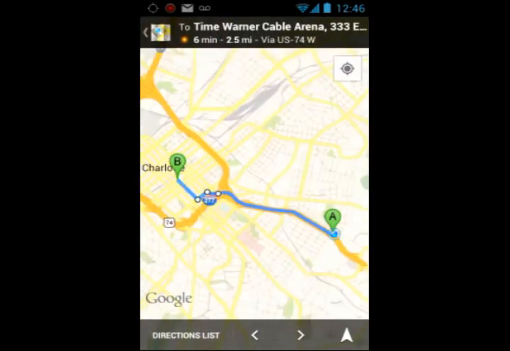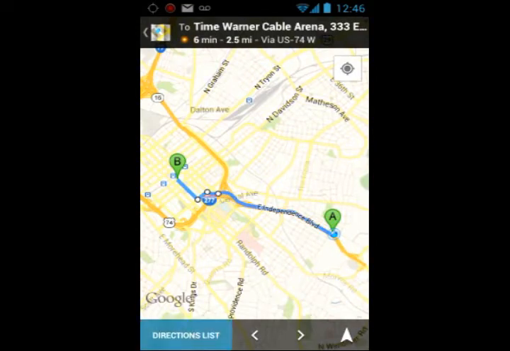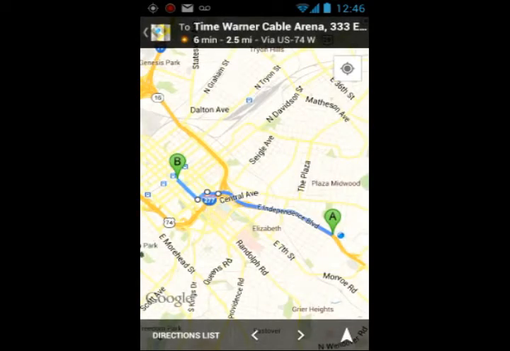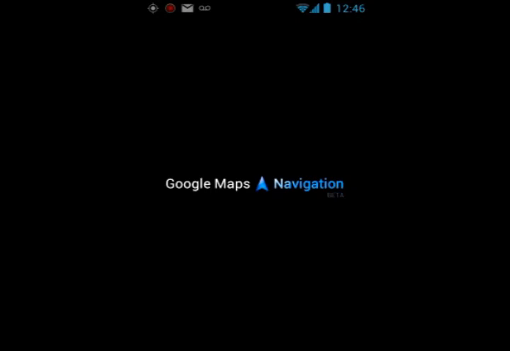So it shows your route, time estimation. If we click the directions list, it shows turn by turn, kind of like MapQuest or something. If you hit the navigation button, it launches the native Google Maps